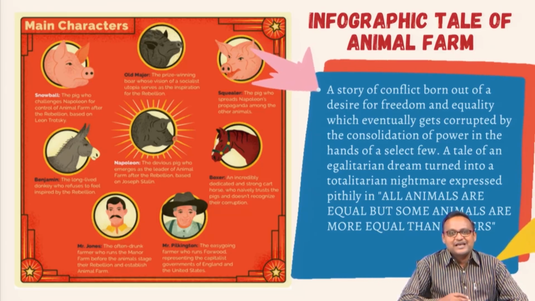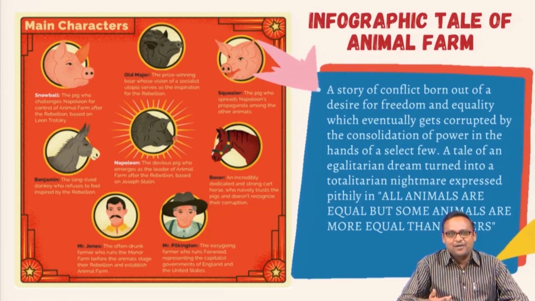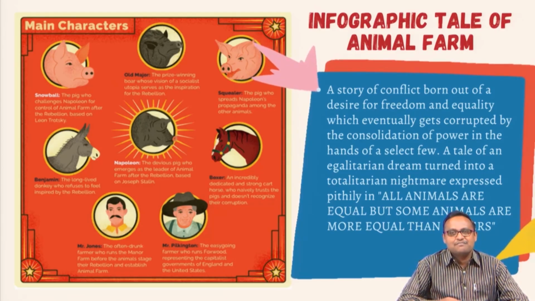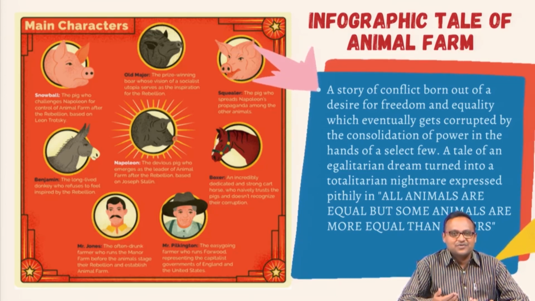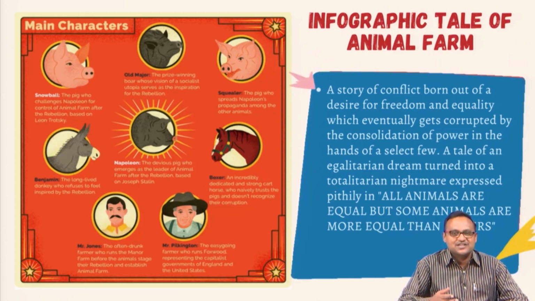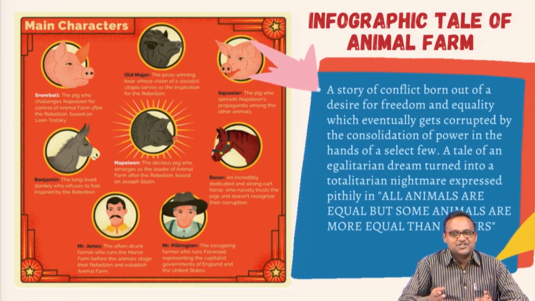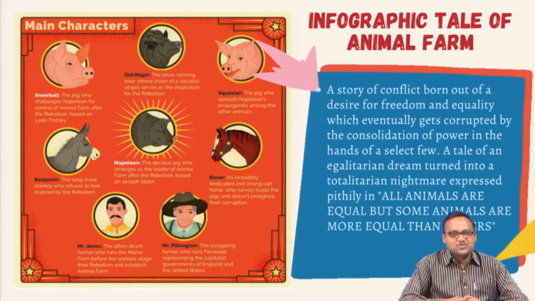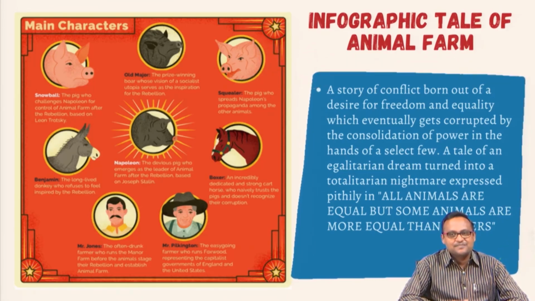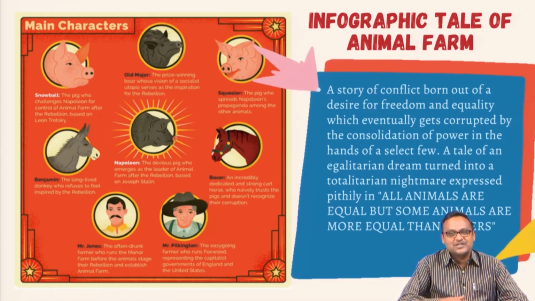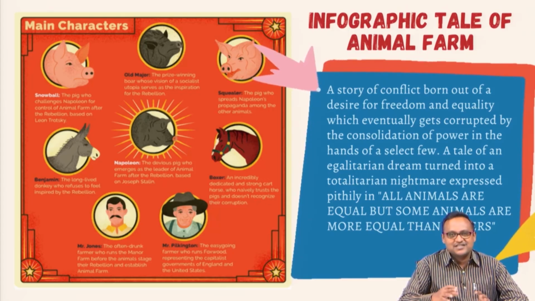And two major human characters are Mr. Jones. Of course, it is his farm. Initially, it was called the Manor Farm, and he abused animals there. As a result of this, all the animals revolted against him. They shoved him out and established a system of their own. That is Mr. Jones, and we have Pilkington, another interesting human being, who is the owner of Foxwood Farm just close by.